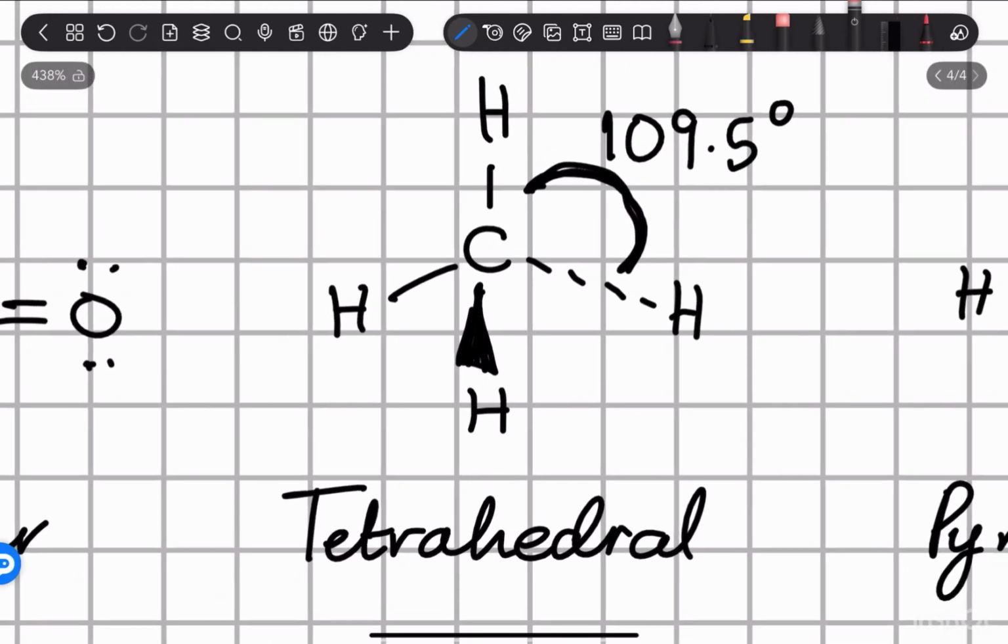And we already discussed tetrahedral shape in detail, so I won't spend much time on it. I will say that the bond angle between these two hydrogens is 109.5. There's no lone pair repulsion here. It's strictly bond pair repulsion. So that's why the figure is like this. You just have to remember the bond angles